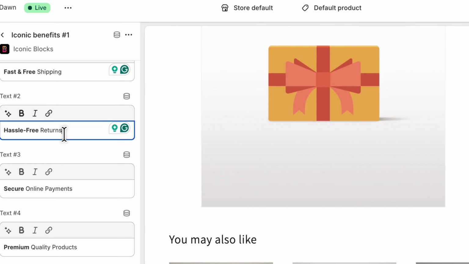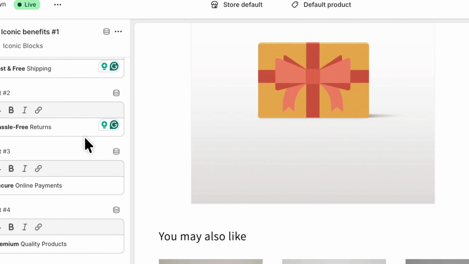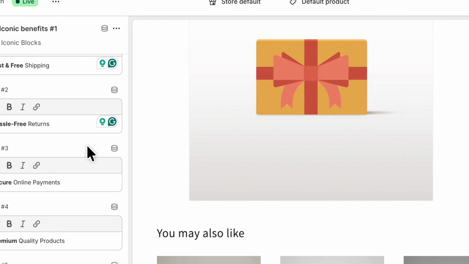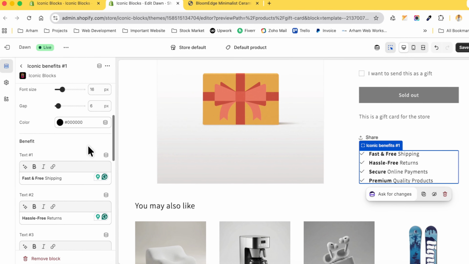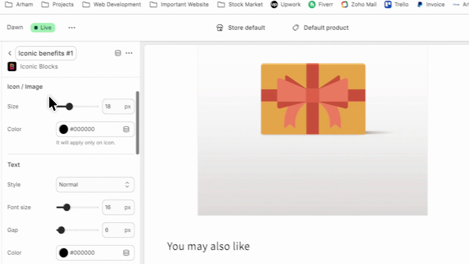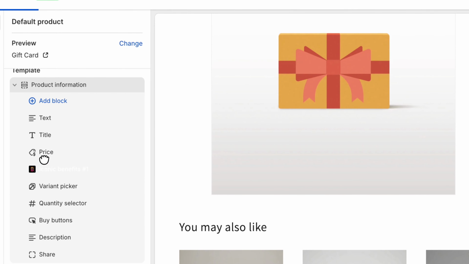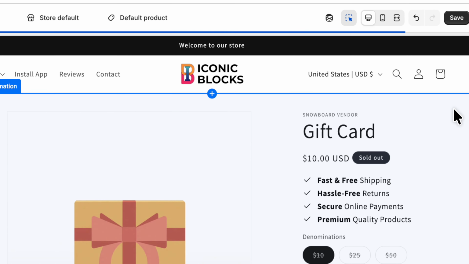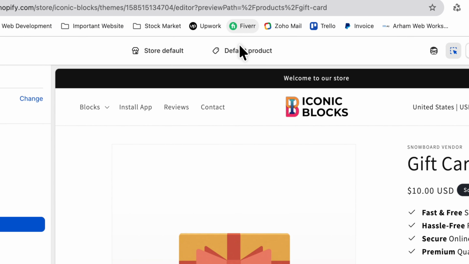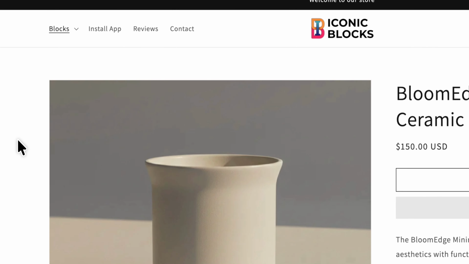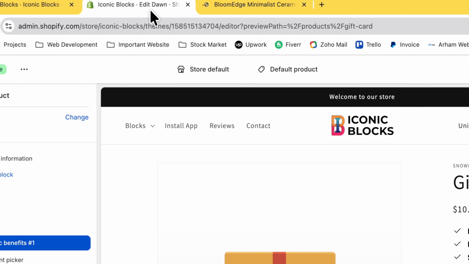Now this text can be static, or also you can connect metafields with it. So each product has its own unique benefits displayed. And once it's ready, you can place that block as per your requirement and save. Now this block will be available for all the products in your store,